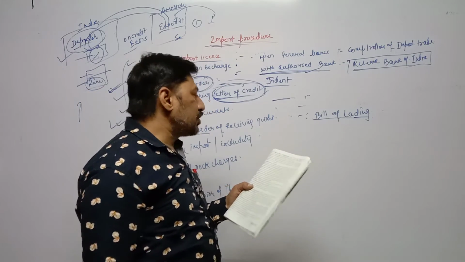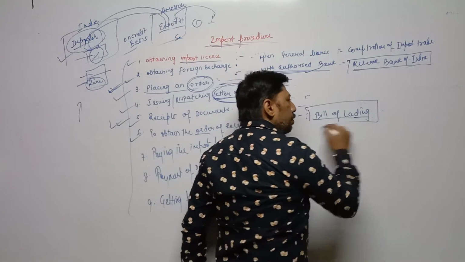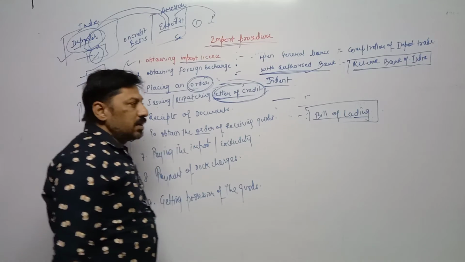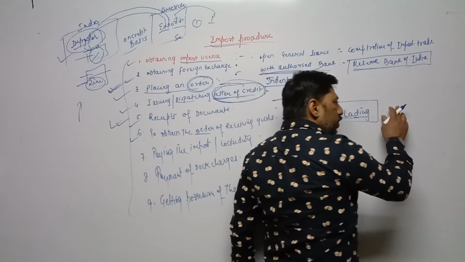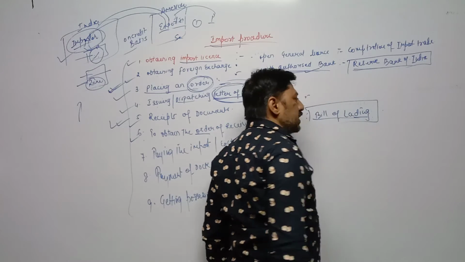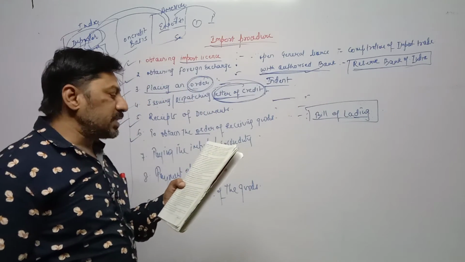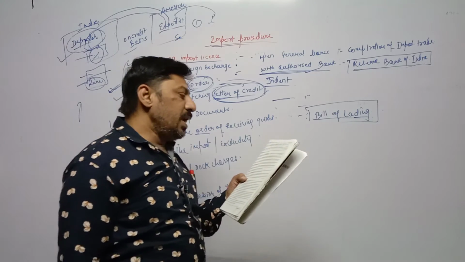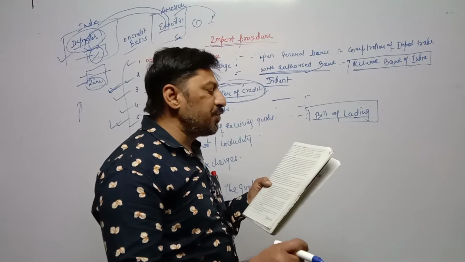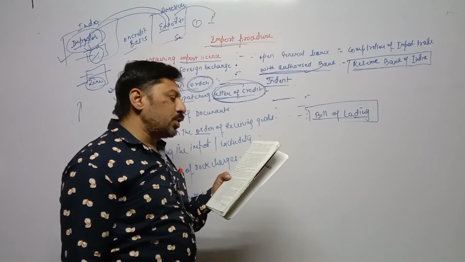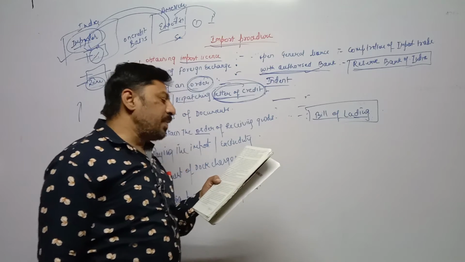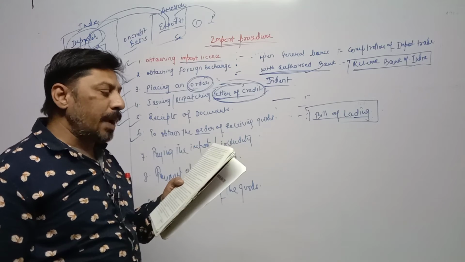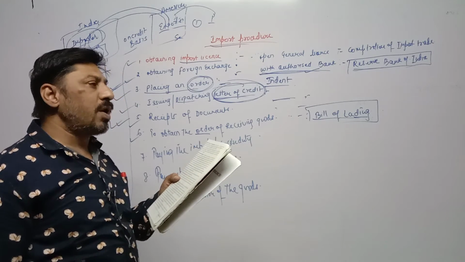Second paragraph, this document means bill of lading. After receiving the bill of lading, the importer has to present it either at the airport agency or the seaport agency. This document is to be presented to the office of the shipping company. The possession of the goods is with the shipping company, and if the freight, meaning the transportation fare, is to be paid by the importer, then after receiving the freight, the shipping company makes an endorsement on the bill of lading giving an order to the captain of the ship to release the goods in favor of the importer.